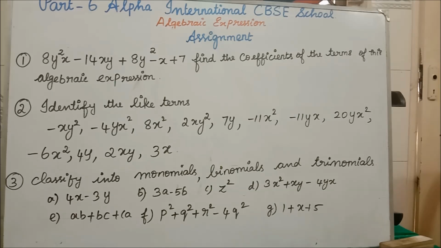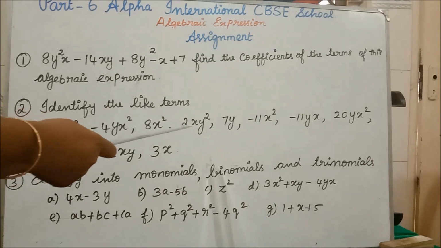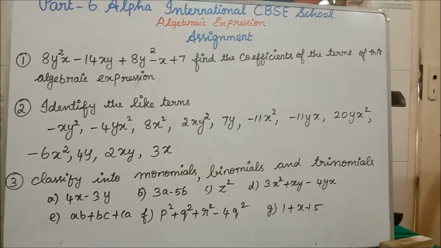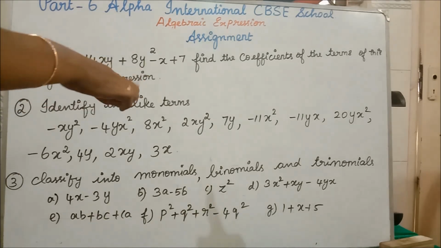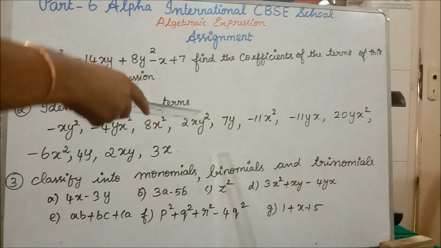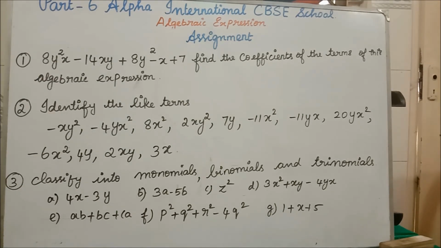Okay, now the second question is to identify the like terms. You write the heading like terms. You put 1, 2, 3 accordingly. You see here minus xy square we are having. Any place else are we having xy square? We are having 2xy square. So these 2 are like terms. You put 1 and write minus xy square comma 2xy square. Okay, over. Then you take the pencil and strike out this and the 2xy square. Then in the remaining terms you can find the like terms.